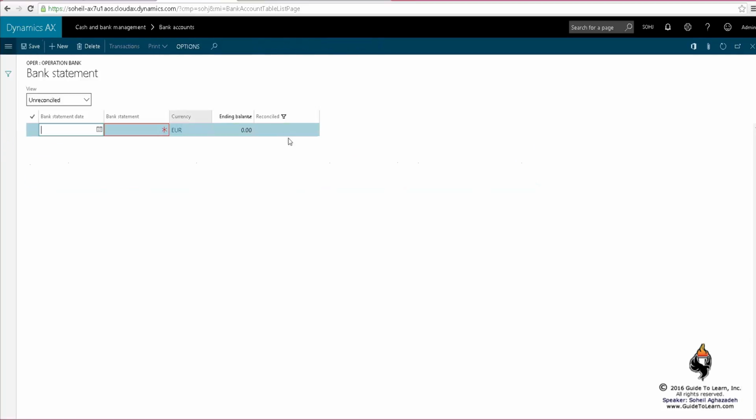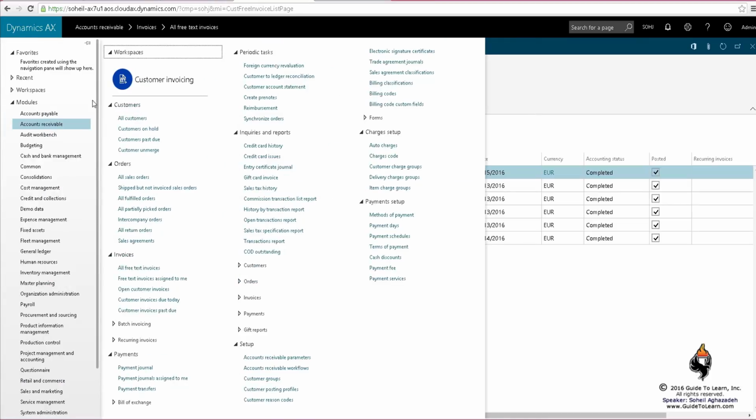There's one way that you could do manipulation. I can, for example, specify today's date and I call it July 2. That's the second reconciliation I'm performing. And I take a look at the ending balance, let's say. Prior to doing that, let me see exactly what is